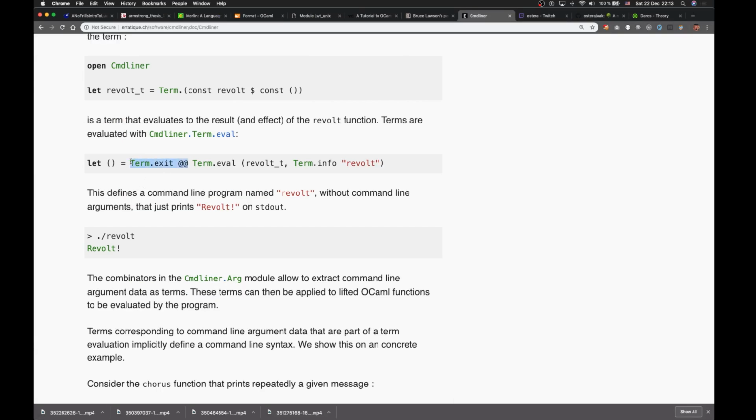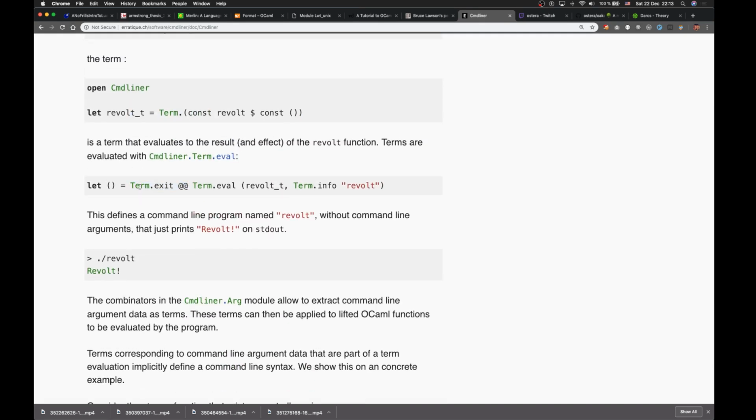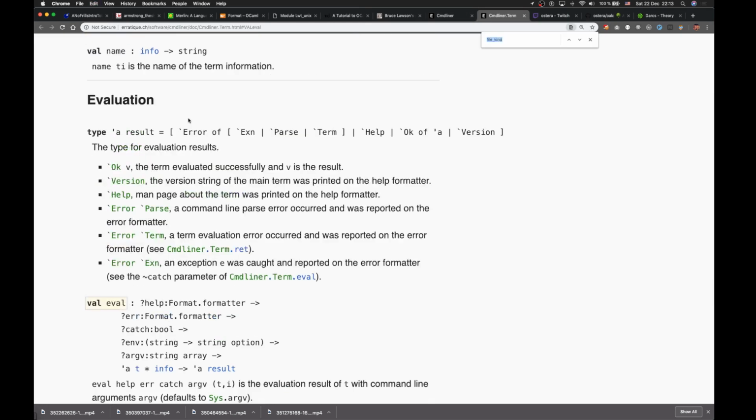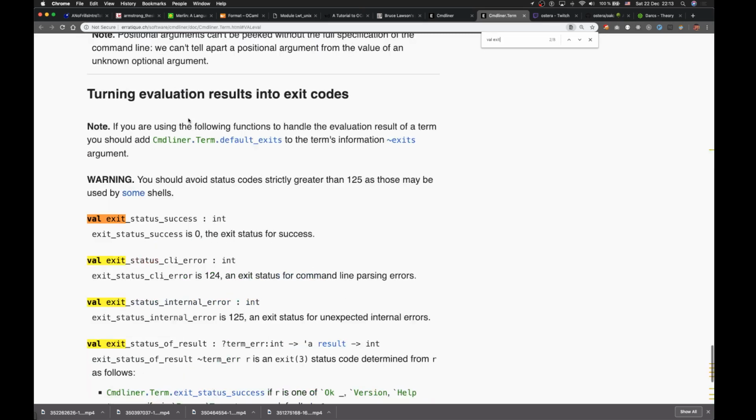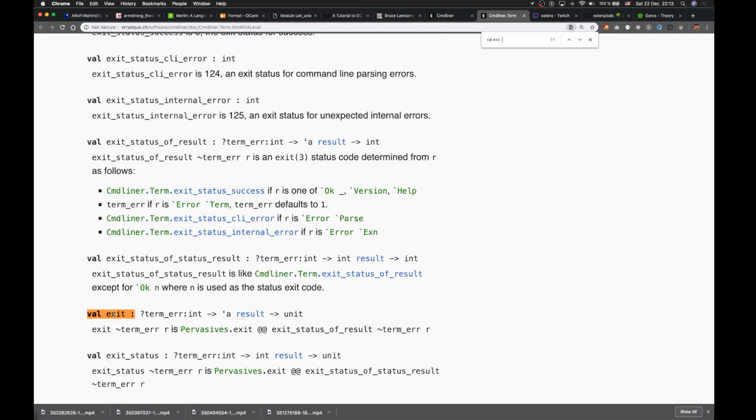Now I'm curious why we need the term.exit. So I'm going to open the term module in a different file, and we're quickly going to search for exit. And it's actually undocumented. Interesting. Oh, okay. Right. Okay. So this will actually make the program have an exit status code equivalent to an error or an